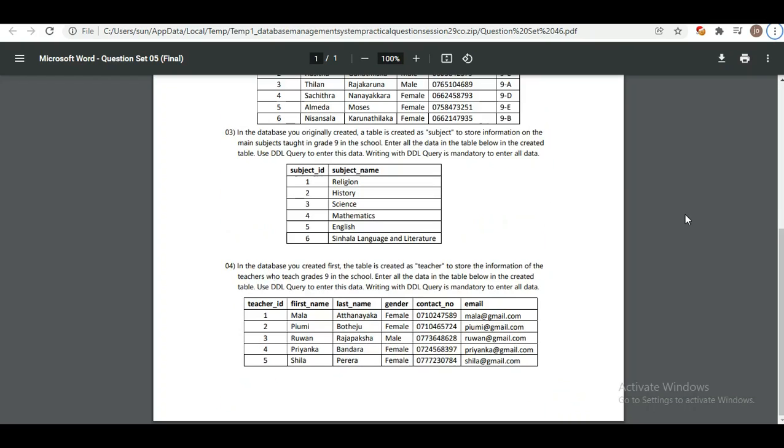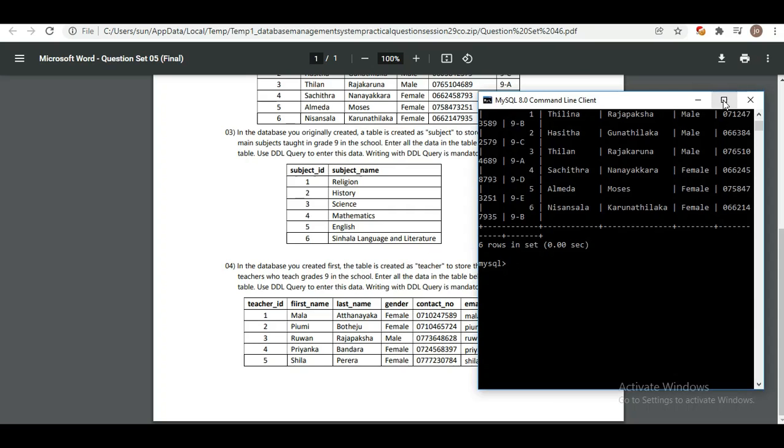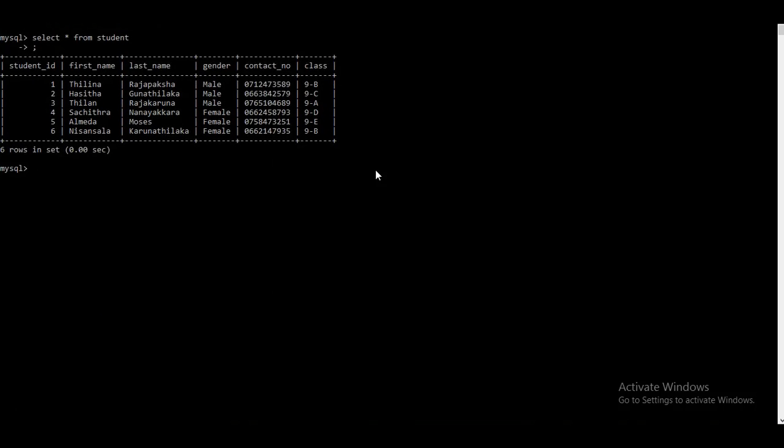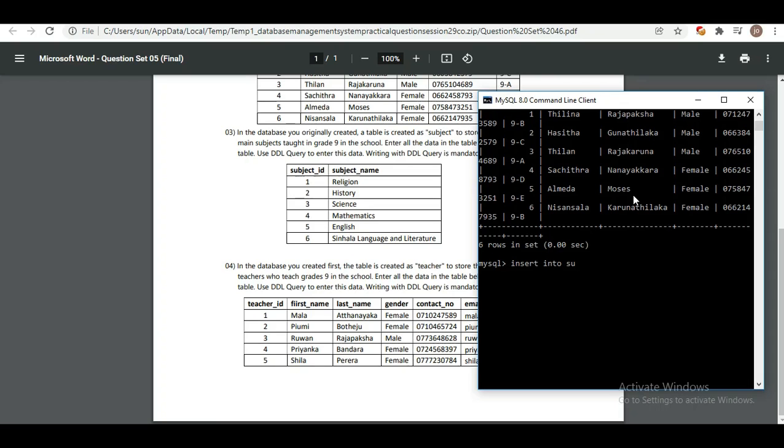And now in the third question, I've been told to add data into the subject table that I created earlier. So to do that, again I'm going to first go to the command line, and after that I'm going to type in the insert query for adding data. So I'm going to begin by typing insert into subject,